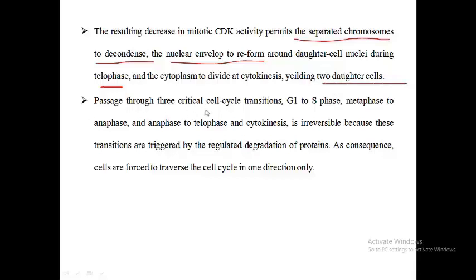The cell passes through three critical cell cycle transitions: G1 to S phase, metaphase to anaphase, and anaphase to telophase, as well as cytokinesis. This is irreversible because the transitions are triggered by the regulated degradation of proteins. As a consequence, cells are forced to traverse the cell cycle